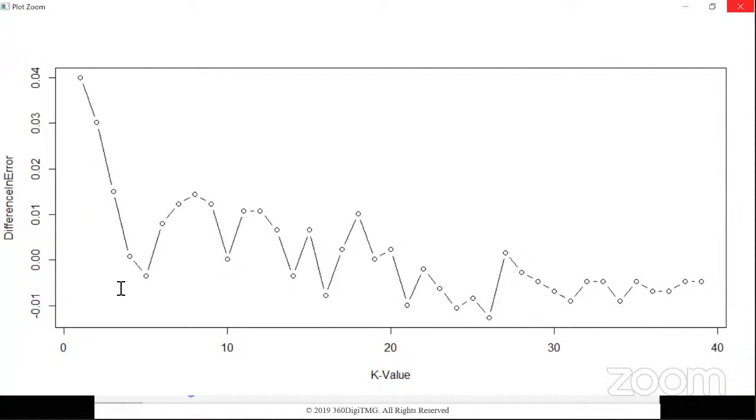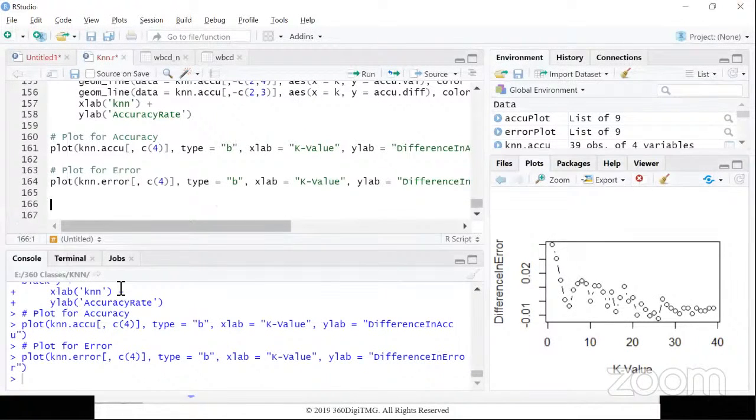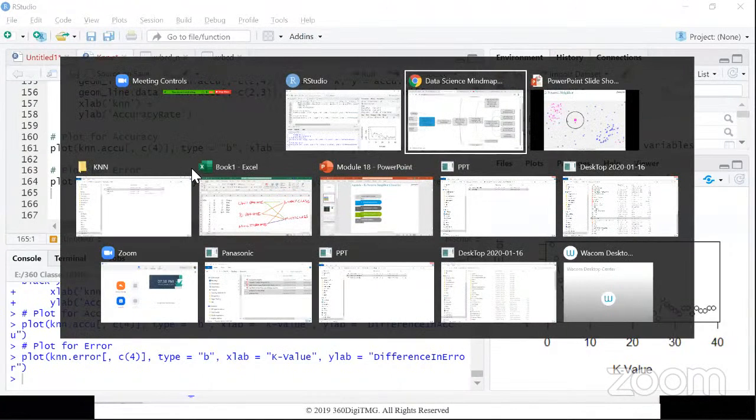So using this visualization, you can choose the ideal k value and then that can be used for prediction of future values. This is the method that we use for identifying the best k value. That was something that was asked in the beginning of the class. So let me now